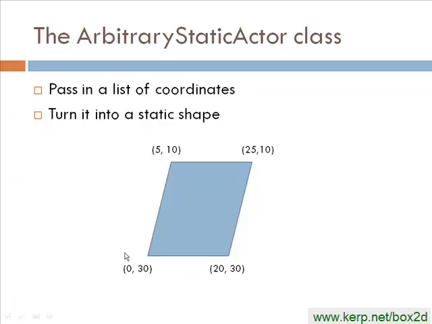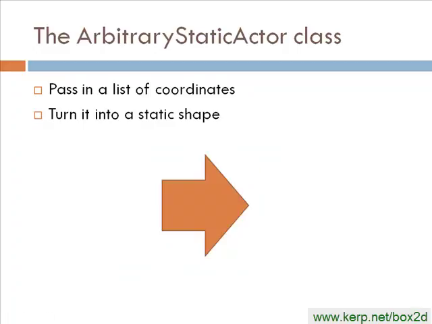And very similar to how we set the vertices when creating a B2 body by hand, this arbitrary static actor class is going to set these vertices when creating the body, and then also when creating a sprite if we choose to draw one. So this works pretty well for our little parallelogram. This actually might have an issue with our arrow. Remember that shapes in our B2 world have to be convex, and this is clearly a concave shape right here in these little angles. So probably if we want to create this arrow, we'd have to break it up into